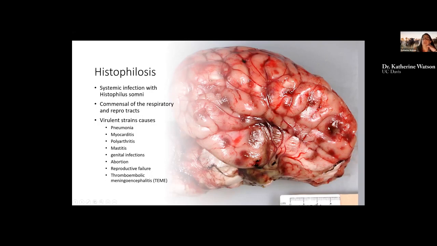They can also go all throughout the brain, and then the animal can present neurologic, and it causes a lot of other disease because it travels throughout the blood system. So it's a normal commensal in the respiratory and repro tracts. And it's when we get that disequilibrium that we talked about with bovine respiratory diseases, that it can move